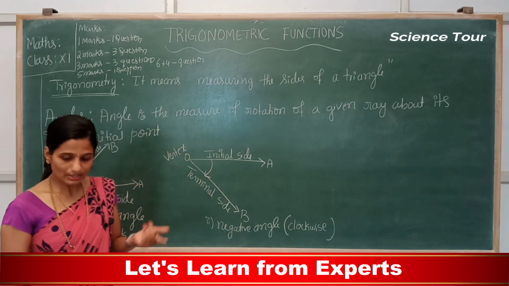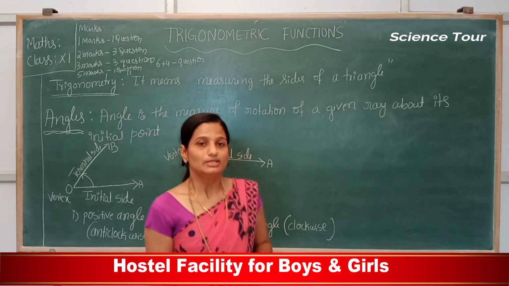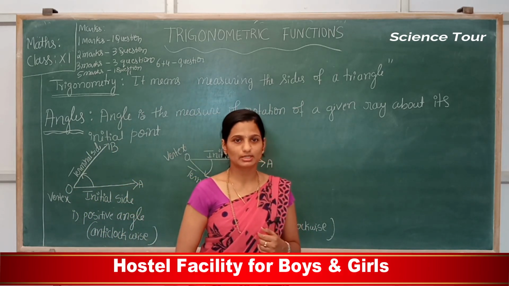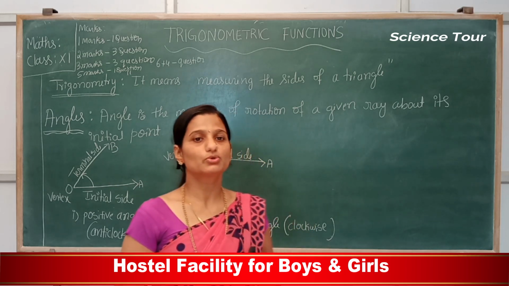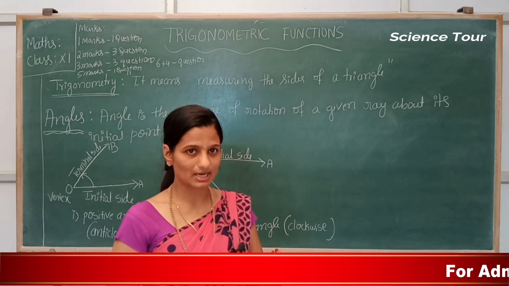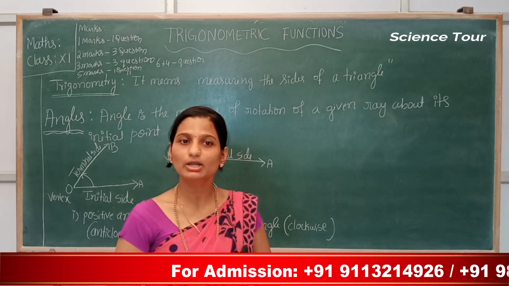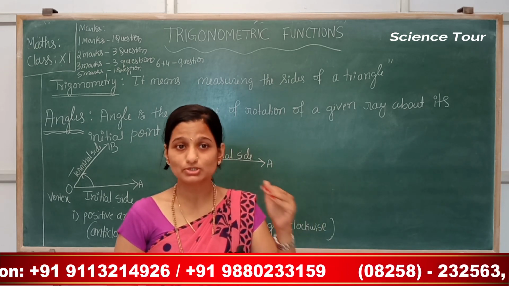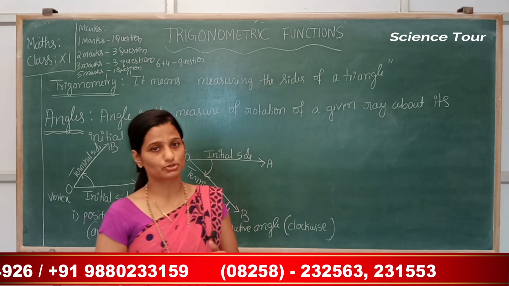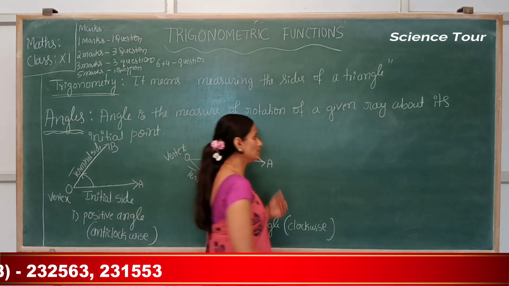Now let us recall whatever you studied in your 10th class. How many trigonometric ratios are there? There are 6 trigonometric ratios. Which are those? Sine, cos, tan, cosecant, secant and cot. And do you know what the definitions of those trigonometric ratios are?